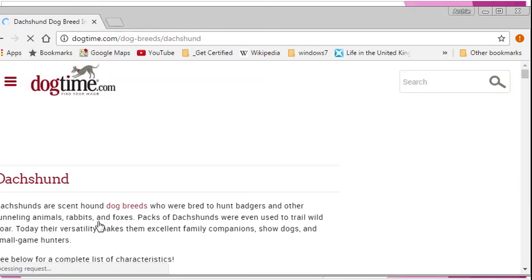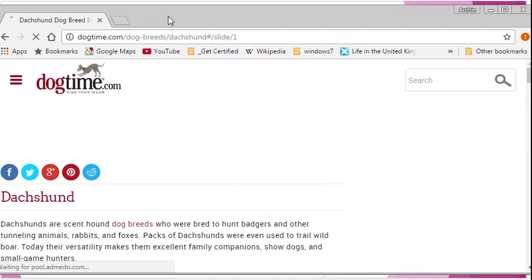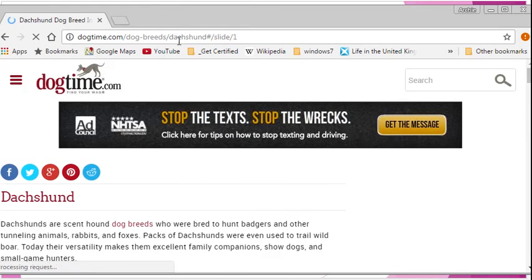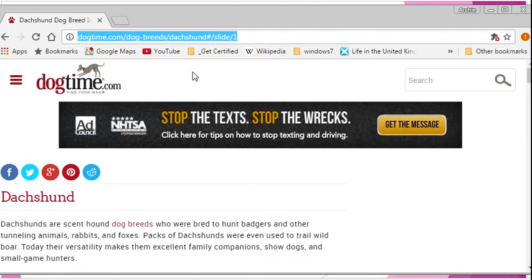And I can click on Dachshund, and the site for the Dachshund comes up. The hyperlink, or the web address on top here, is the URL. So if I right click and go copy, I select that address and I copy it,